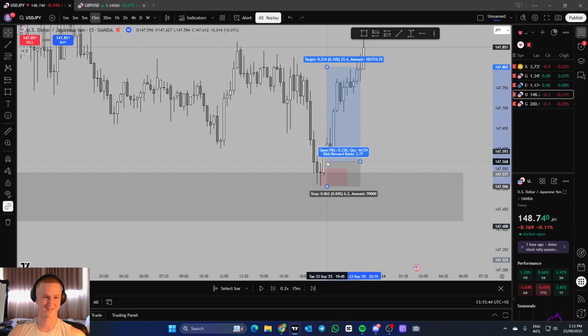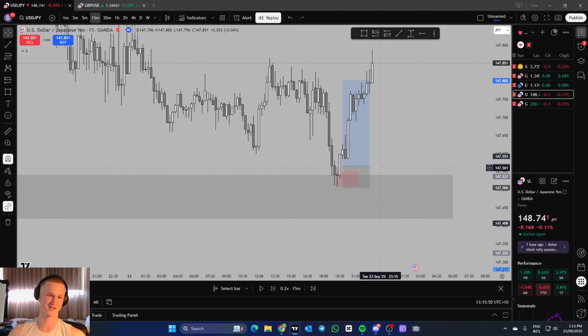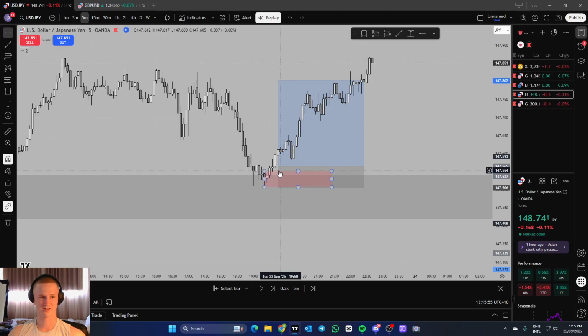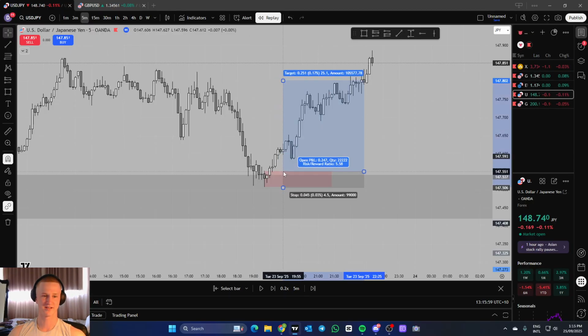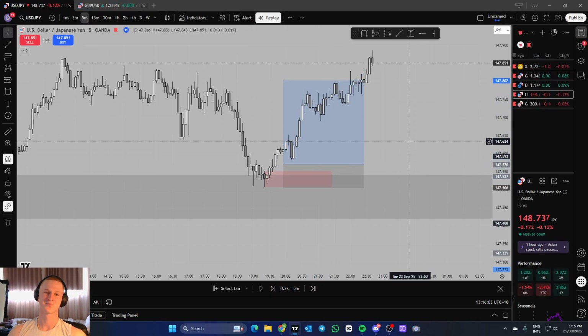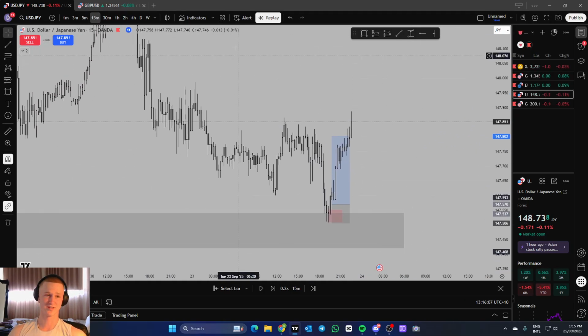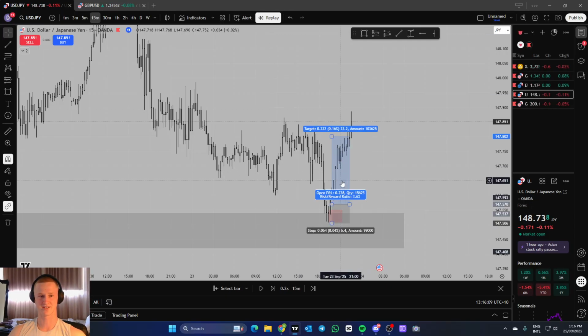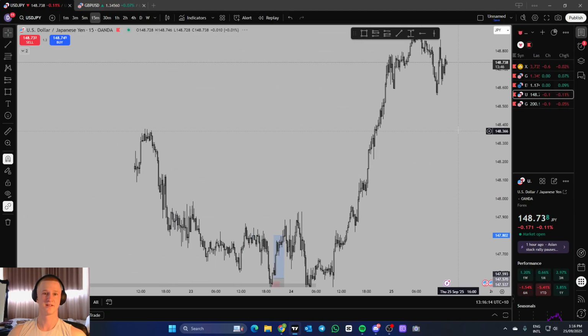I think it was on this here. Yeah, it was the bottom of the 15-minute fair value gap, as well as a tiny 15-minute order block. It was a 5-minute order block here as well. You can see I had a limit set for here and then a limit down here for a double entry, but we just did not get tapped in. It's unfortunate. You don't always hit every trade. This is what I was really liking, so I was a bit bummed that I couldn't take this trade earlier this week. But today, honestly,